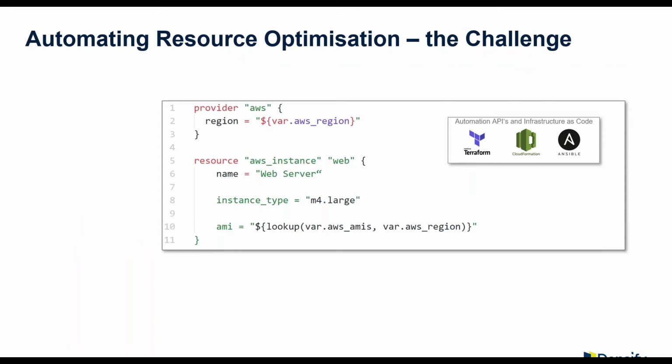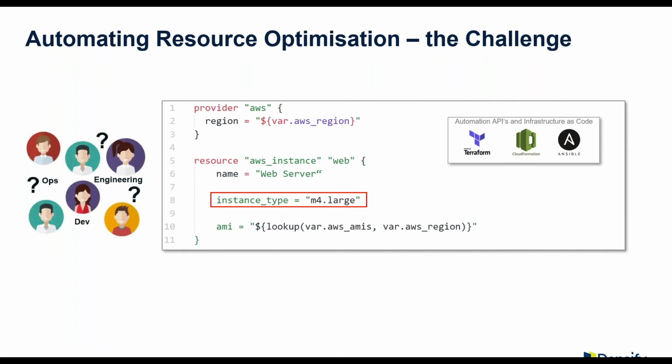Now, what we're covering here is some information relating to automating resource optimization and the challenges that enterprises are having. Across your infrastructure at the moment, you'll typically be using different infrastructure as code technologies, Terraform, CloudFormation, etc. And what we're finding more and more is that customers are hard coding these entries. In this snippet of a Terraform template, we've got a hard coded entry for the instance type. So every time this template is run or applied, the resource that's going to be stood up is an M4 large.